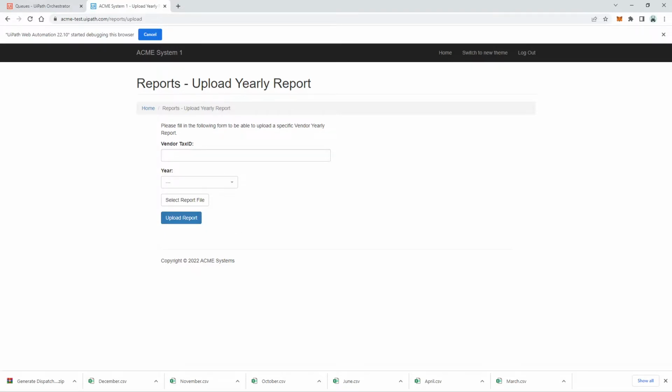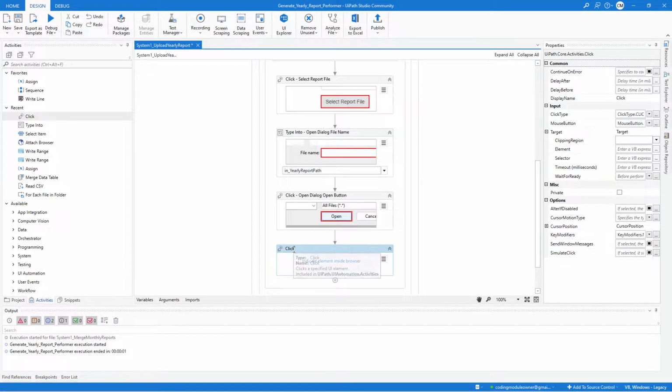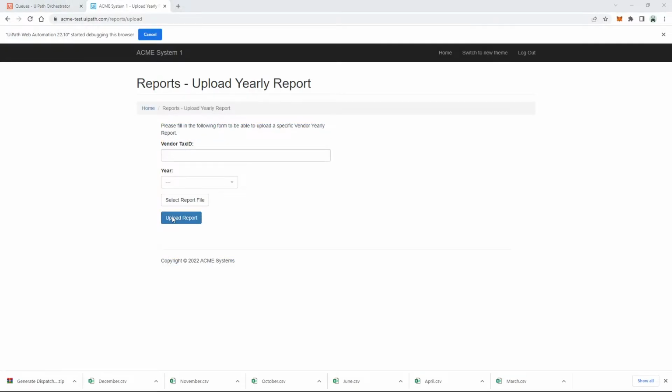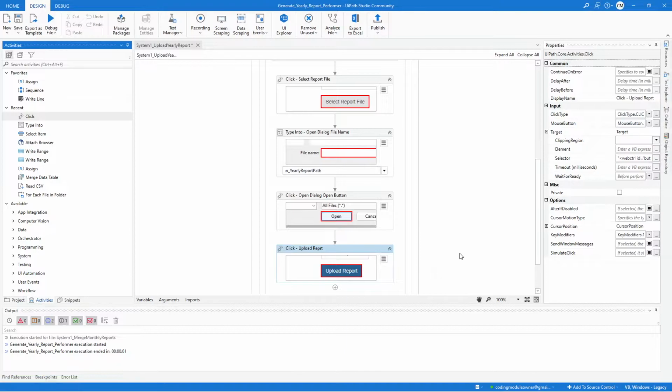So we will be needing another click activity for that. So add a click activity and I will just update the label name to upload, and indicate the button, edit selector, and this one is good. It has an ID attribute. So hit OK. Here we can enable the simulate click and then